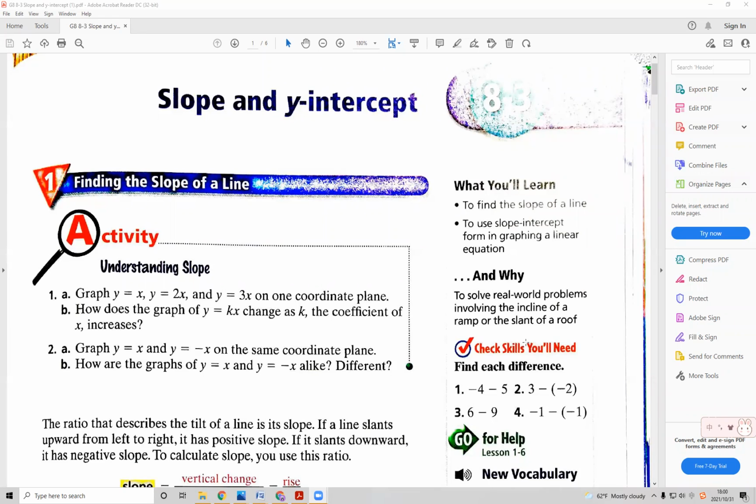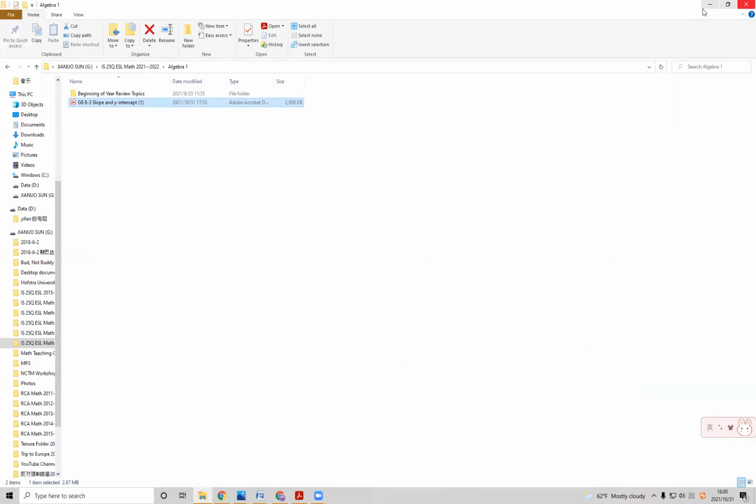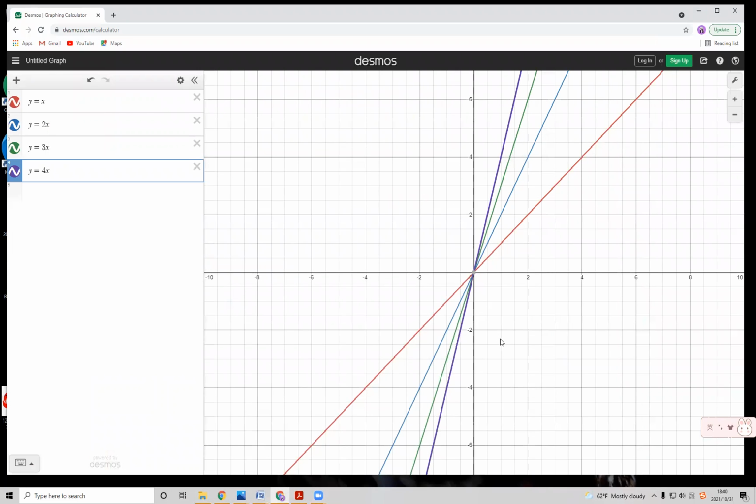Hi, everyone. So today we are going to talk about slope and y-intercept. In the previous lesson, we introduced how to graph linear equations. So let's take a look. Last time we asked you to graph y equals 1x, y equals 2x, 3x, and 4x on your